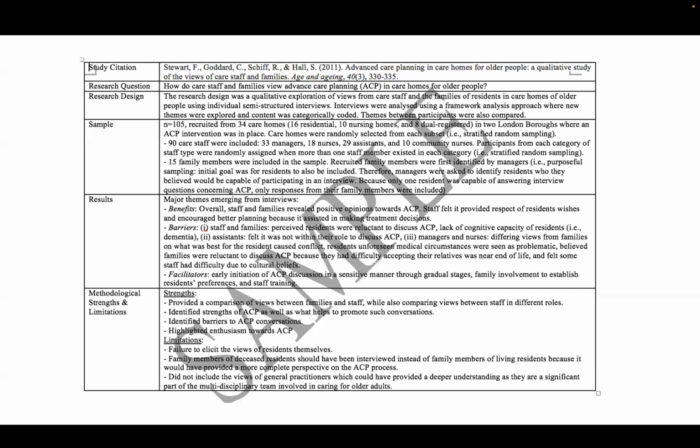Otherwise, you will lose points. So for example, for the study citation, I ask for APA style, so make sure you use APA style. For the research question, this question could be directly from the article, but you know where to find the